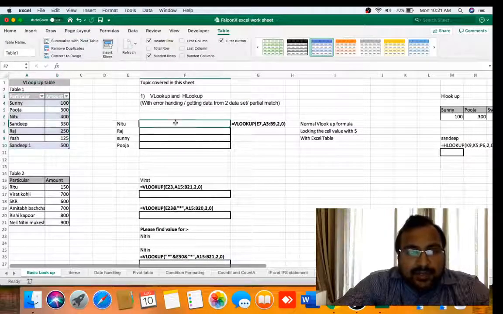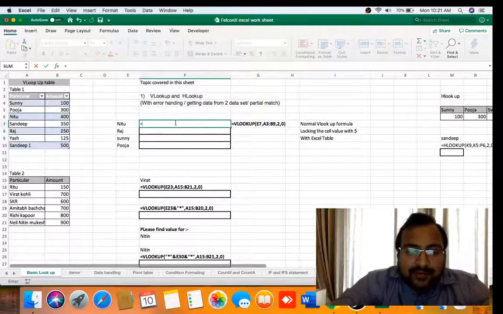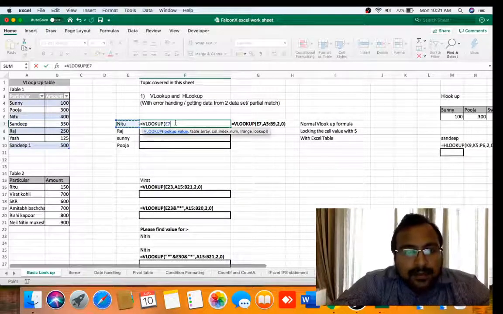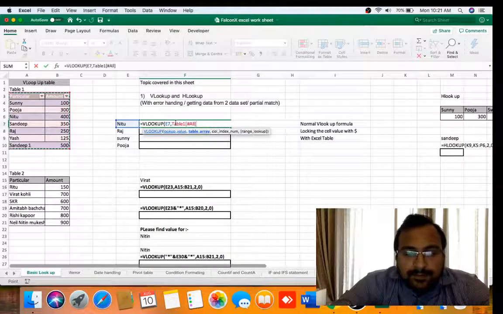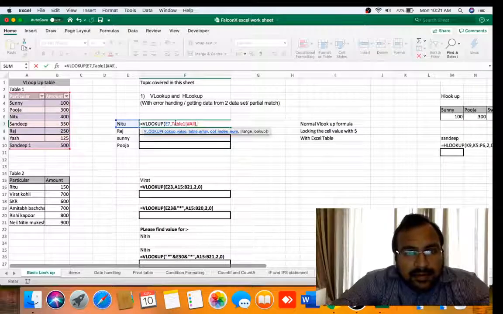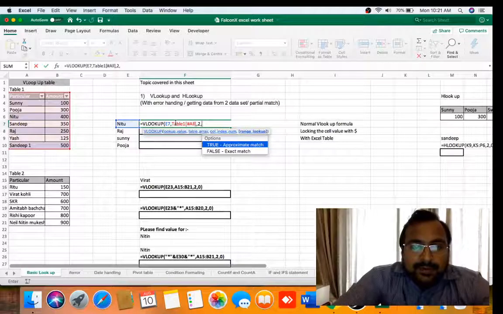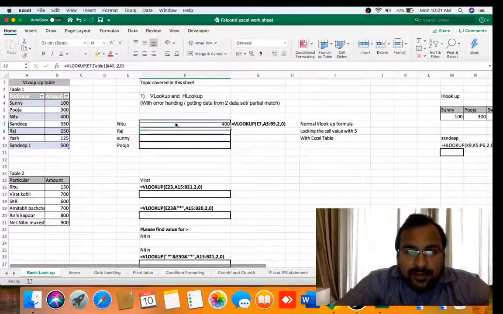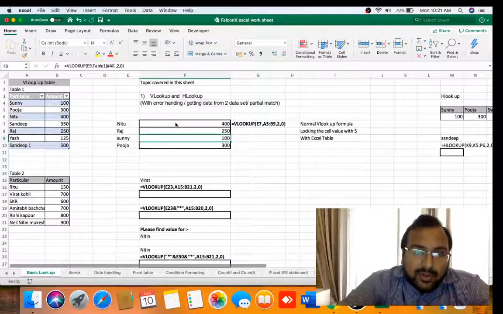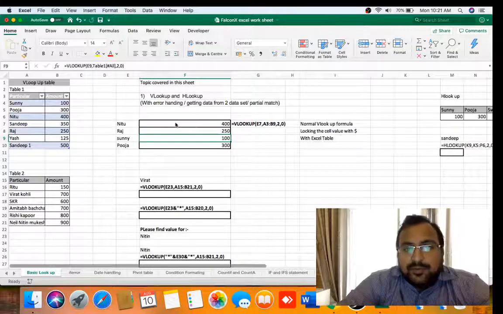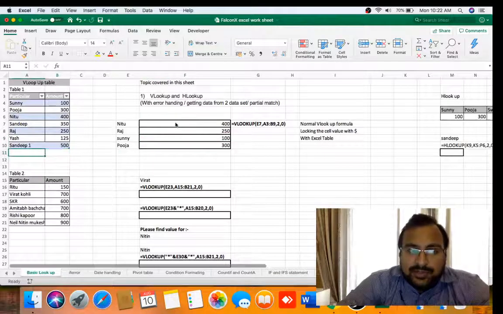Now see the magic of what happens. Now let me find the value of Neetu with VLOOKUP. VLOOKUP, comma, table, the complete table name is there. The second column I want, 0, enter. Now if I copy paste this data, you don't have to put a dollar sign also. First, that problem is solved. Your table array is not changing.